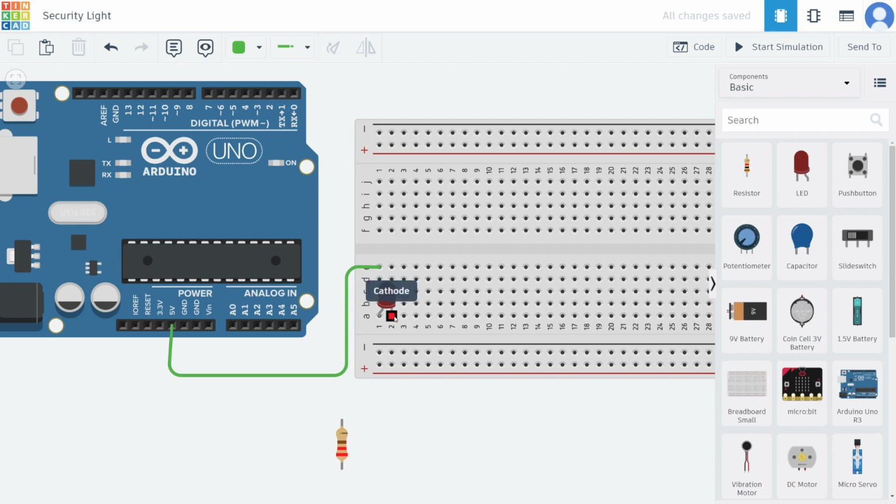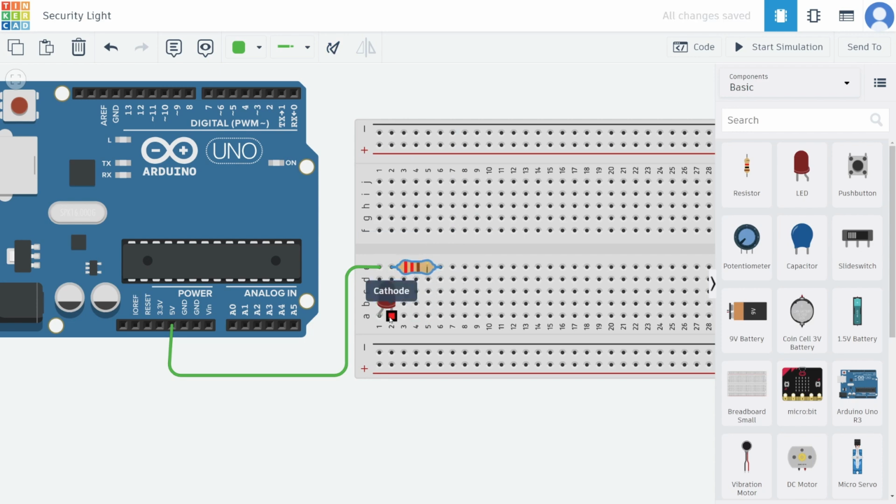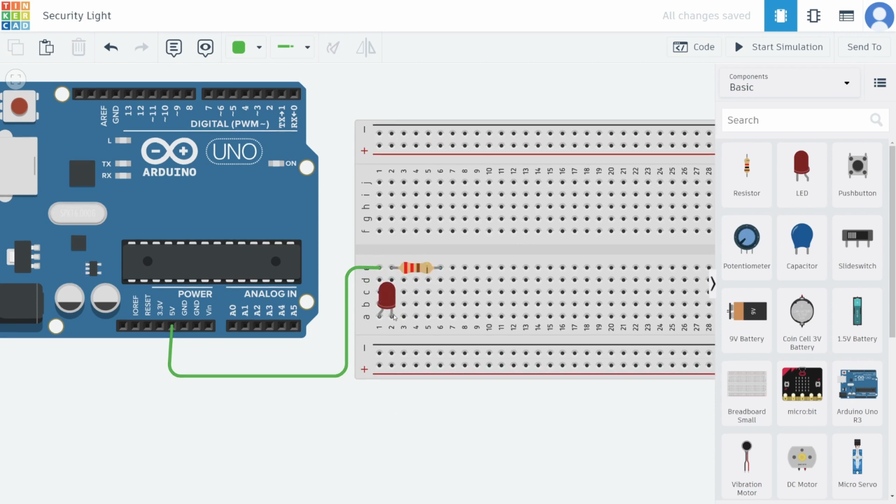Now we need the cathode to be connected to the resistor, so I'm going to use the rotate tool, it doesn't matter which way, to connect this. Now if I wanted to connect this terminal to this terminal, again we can just make sure that they're lined up on the same line of the breadboard. And finally, if I wanted to connect this terminal with the ground, I can connect it to any of these four, because they're all connected to terminal 2 underneath. So I will take this and connect this to the ground. Now hopefully,